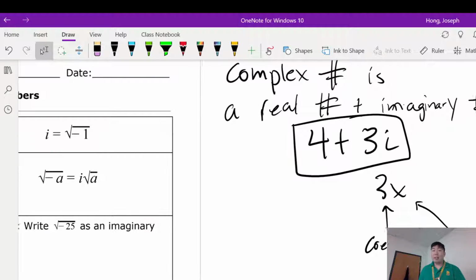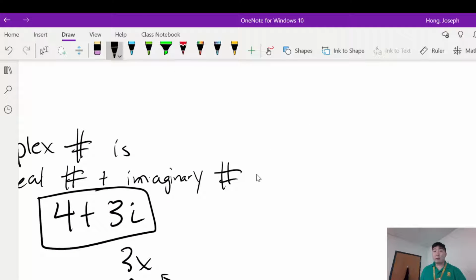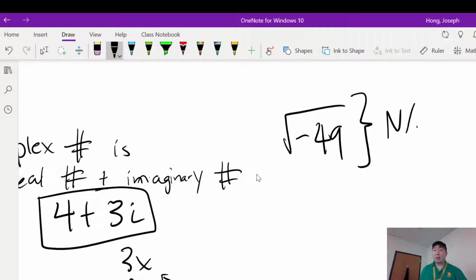And why that is important is because if I take the square root of -49 and put this into the calculator, it's going to say you can't do it, or no solution. So the way that we combat that in algebra 2 and math in general, we have to take out the i to take away this negative sign. Because